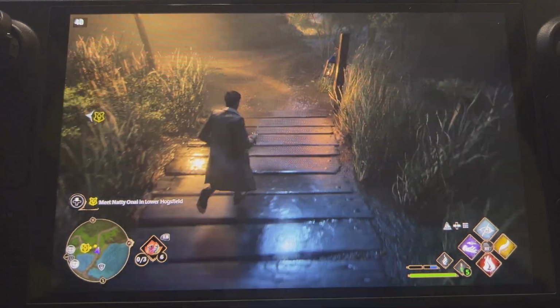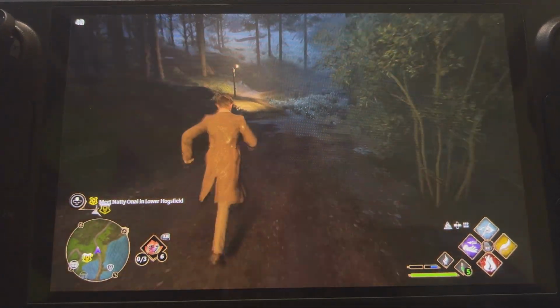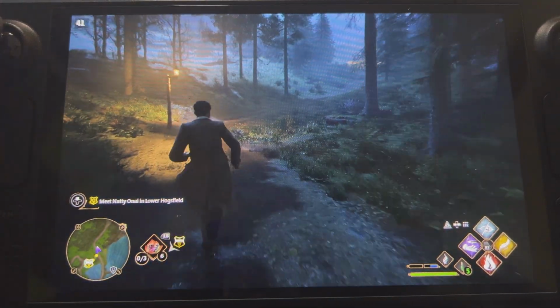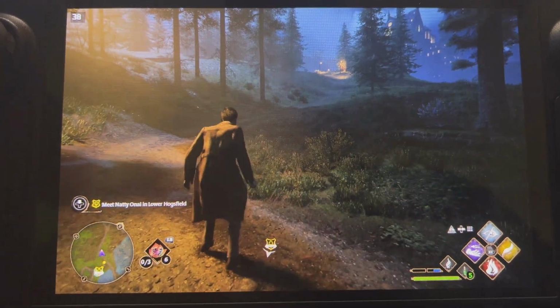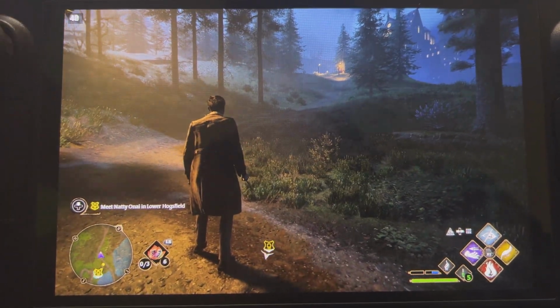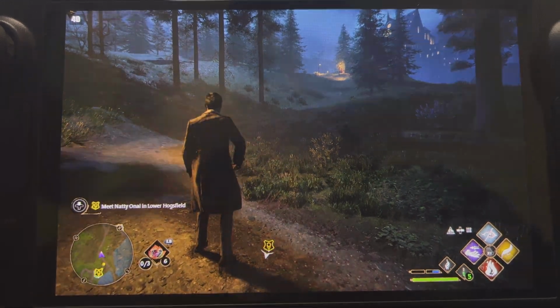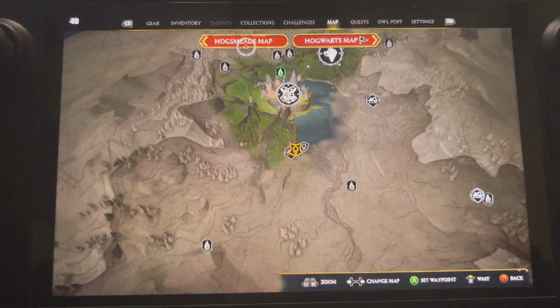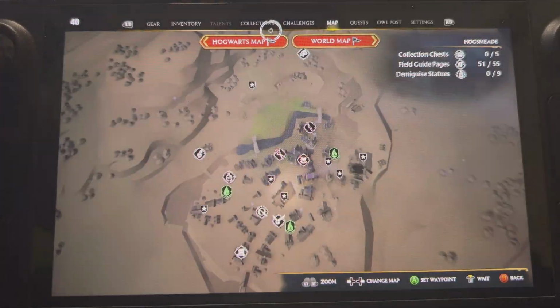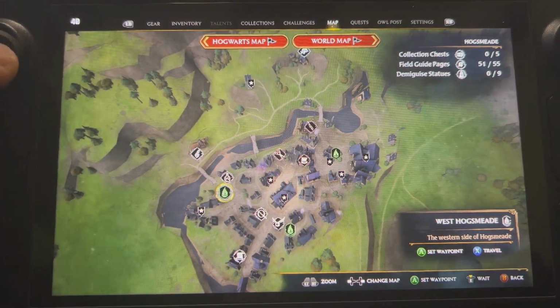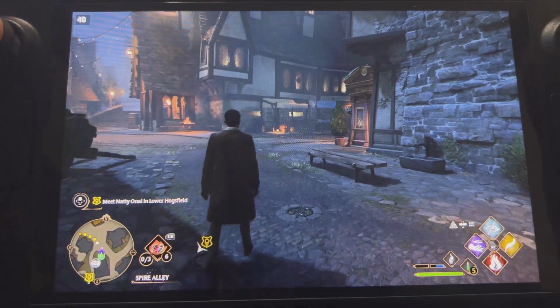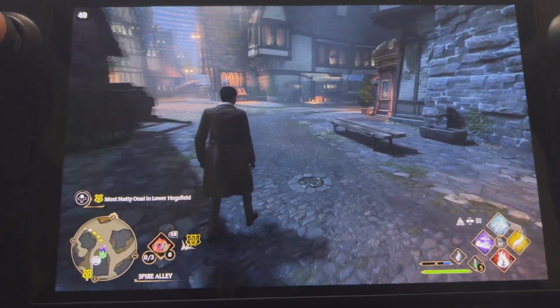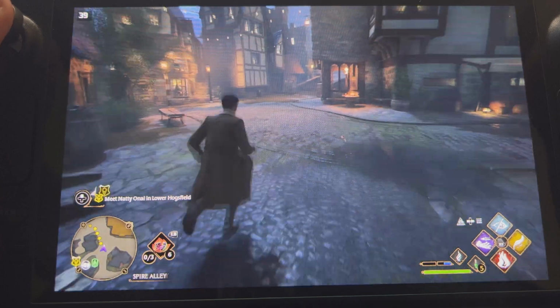I don't have a broom unlocked as of yet on this character. I could switch over to the other, but I have tested on my other character. I will jump over. You can see right there at the top, we dip to like 38, but then right back. Let me jump in the map and I'll show you. We'll go to Hogsmeade real quick, because of course everybody wants to see Hogsmeade since this is like the worst. Okay. Here we are in Hogsmeade,